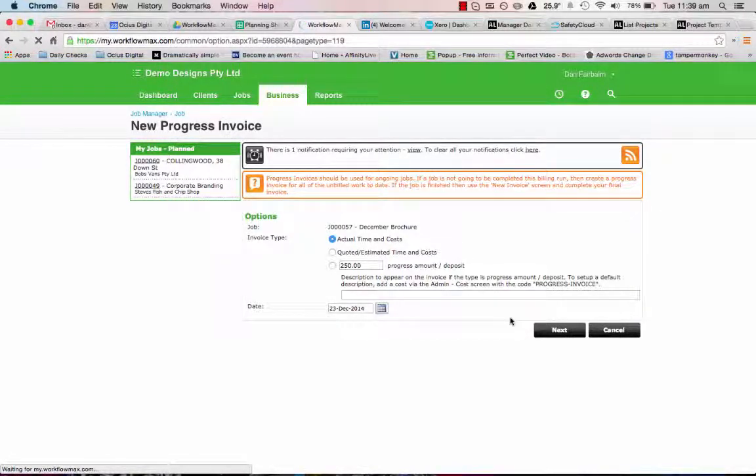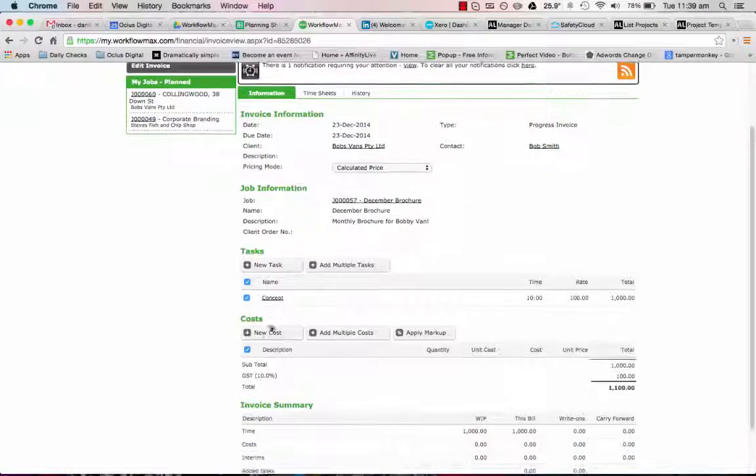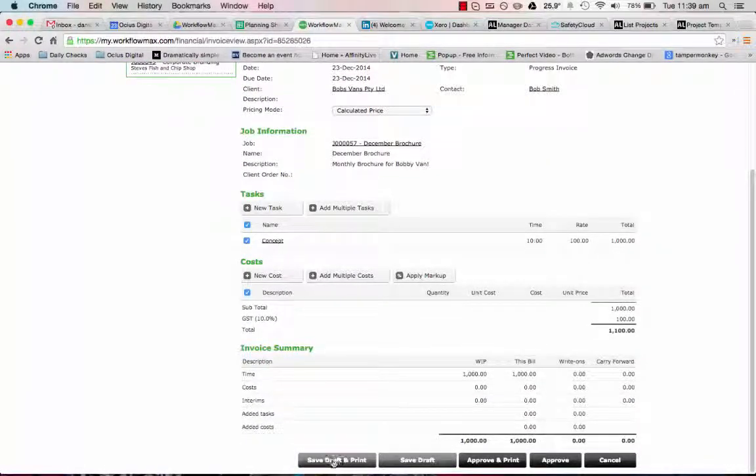Click next. That will then take you to a screen to just confirm all the invoice detail. So you can see all this information here, and it's just confirming tasks, costs, and so on. I can save that invoice as a draft, or I can approve it. If you save it as a draft, it just saves back into WorkflowMax. If you approve it and you're connected to Xero, then it will send it across to Xero as well. So if I go approve and print,